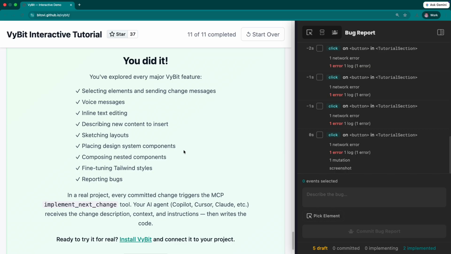So that's VyBit. In a real app, every commit triggers the MCP tool, and your AI agent picks it up